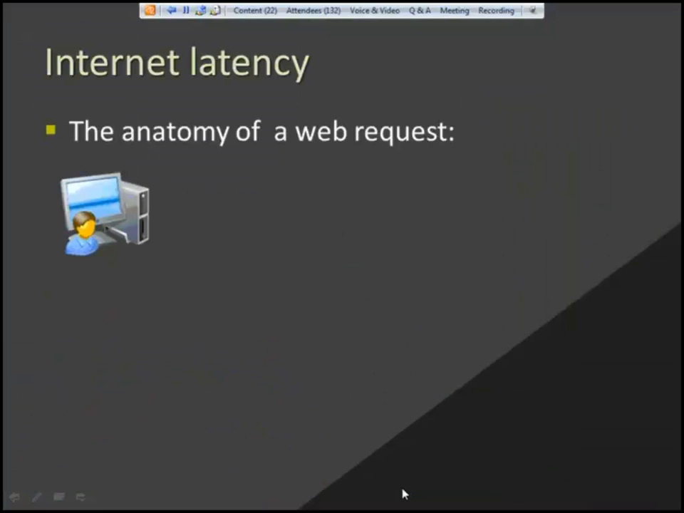The anatomy of a web request when we talk about internet latency. So when we talk about CDNs or content delivery networks, that's really the one tool we have for combating internet latency because it allows us to